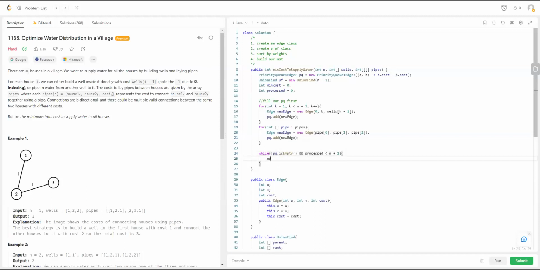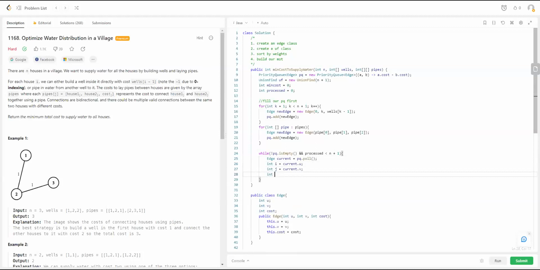So then we take the current edge that we have, so say edge current, which is the PQ dot poll. I'm going to poll, and then I want to say int i is equal to current dot u, and then int j is equal to current dot v, and then